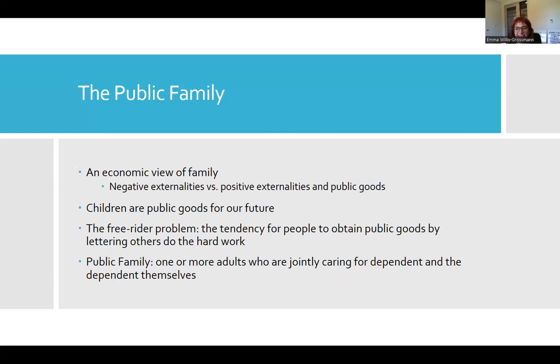I do want to note though that the connection to families may be a little bit lost right now, especially when we're talking about economics. So just bear with me. Researchers and theorists argue that families do produce public goods, except we tend to call those public goods children. So society has a really strong interest in today's children becoming good citizens, informed voters, and hopefully people who will pay taxes to support the systems we have in place.